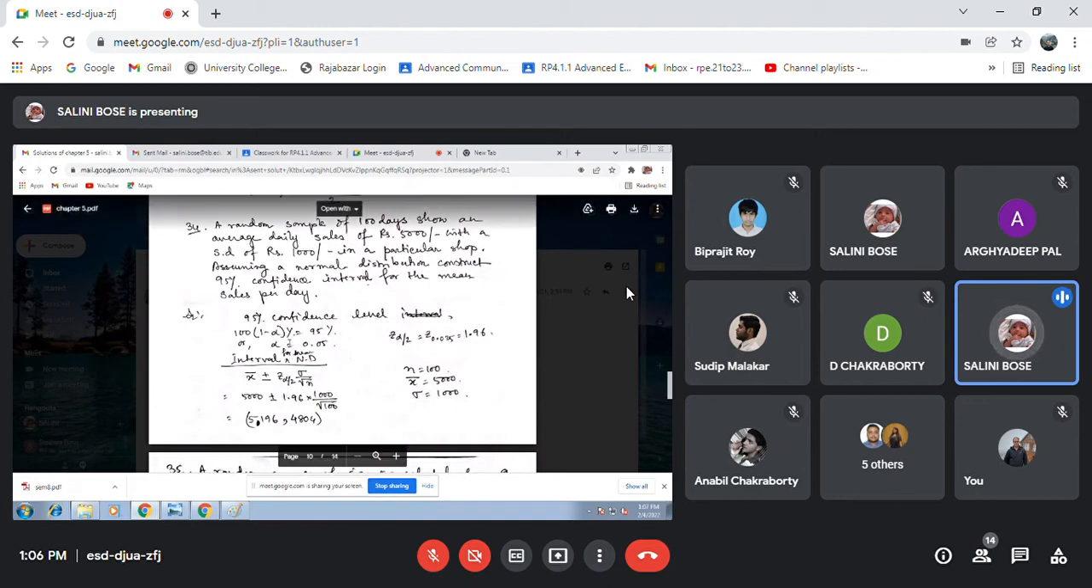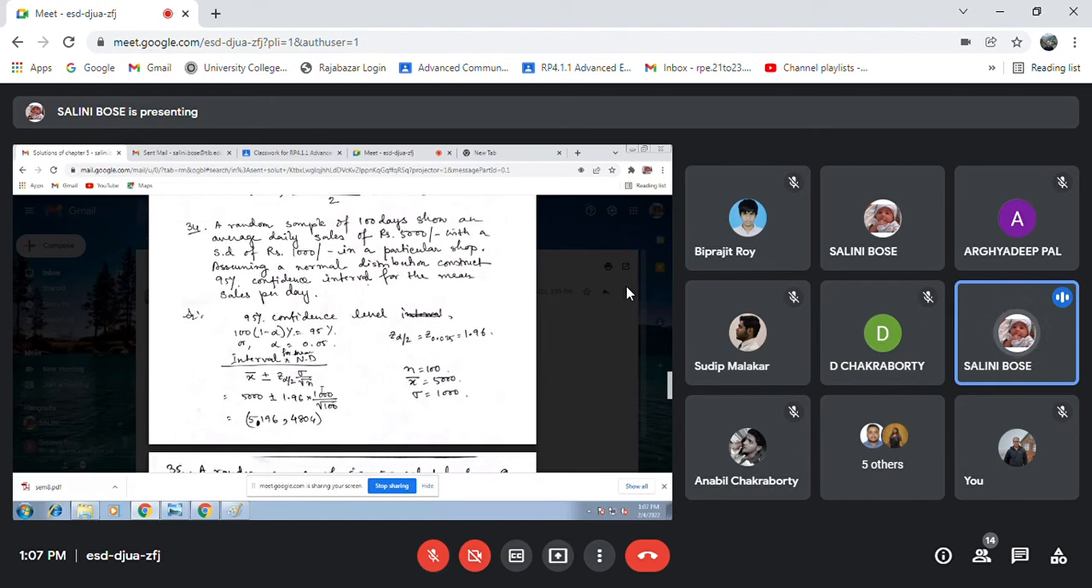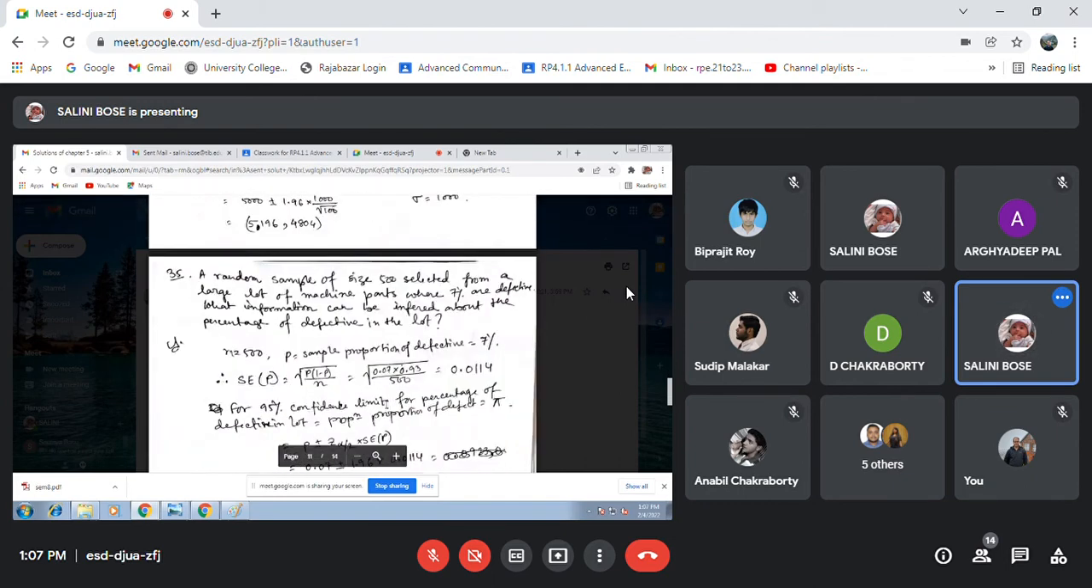So you know the formula for mu, mean, that is X bar plus minus Z alpha by 2 sigma by root n. And 95% confidence interval means, in a similar way, you will get alpha by 2 equal to 0.025. So for 0.025, Z is 1.96. So put the values. All the values are given. Put those values and we'll get the interval. Next,